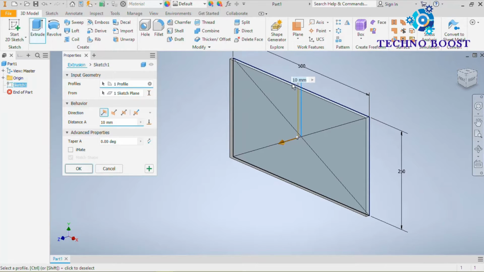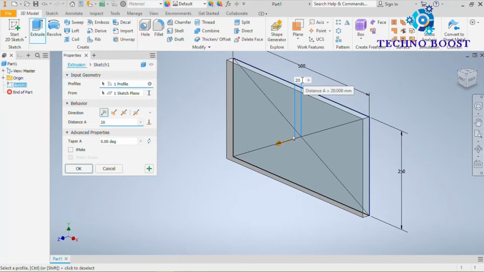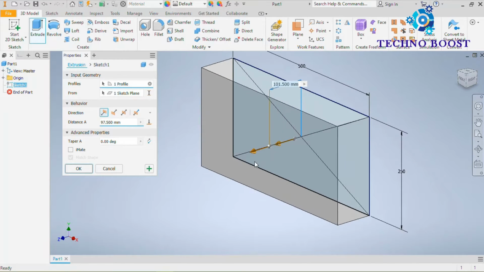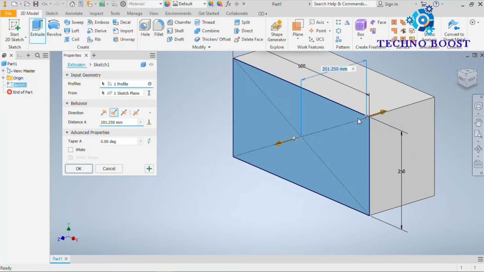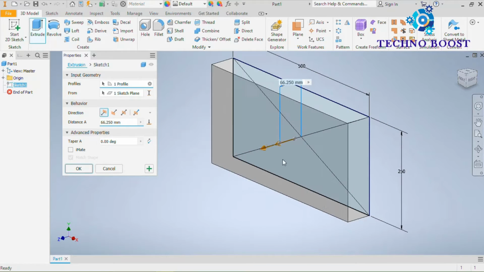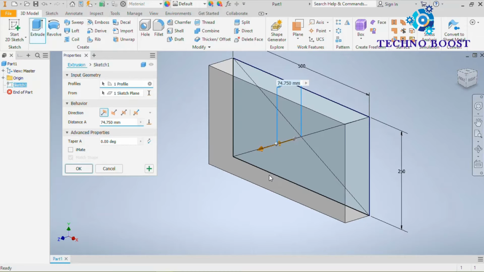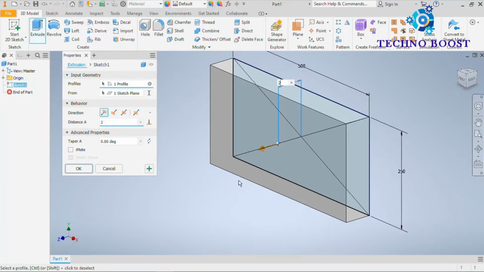Give some thickness. Suppose this is 20 mm. You can directly write here or here, or drag this arrow. Okay, let's use 20 mm.